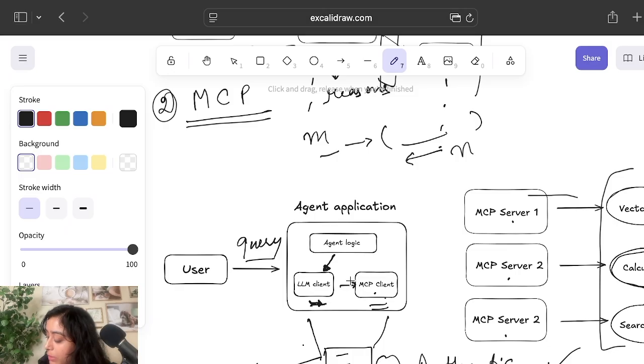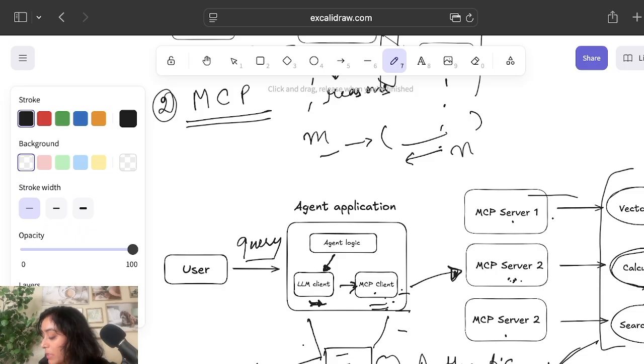It will reach out to the MCP client with a request to access the calculator tool. This MCP client formats the request, consolidates this request along with an authentication code, and sends it in a particular global format to the MCP server corresponding to the tool needed, which would be MCP server 2 in our case. So every single tool has a corresponding MCP server. One particular tool can have more than one MCP server depending on the load. So let's say now the information reaches MCP server number 2. What this server does is it will check whether the agent is authentic and has the permission to access this tool,